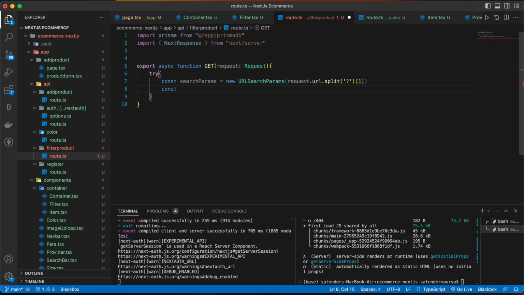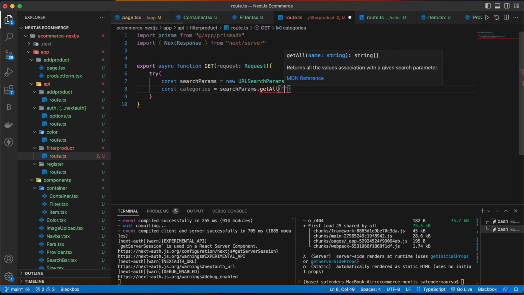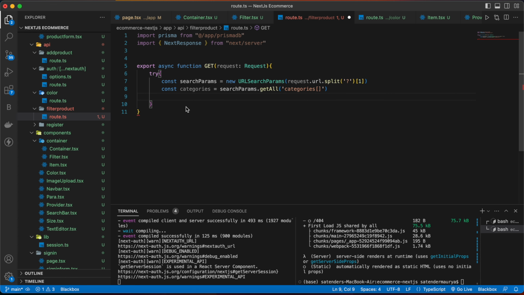So first will be categories, searchParams.getAll. Inside that write categories[]. Now what this line is doing is getting all the values which are associated with the categories.